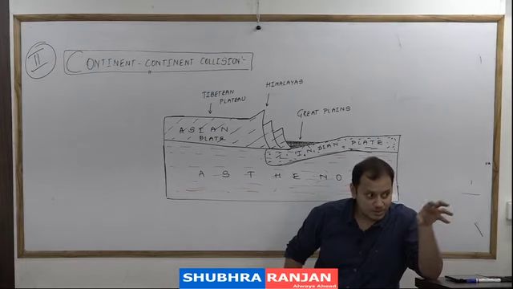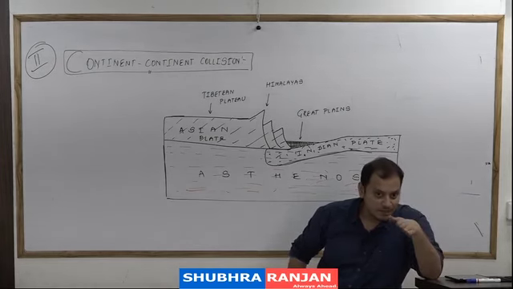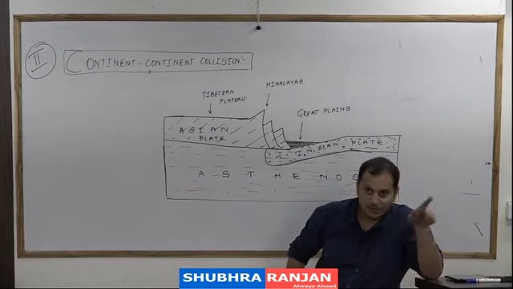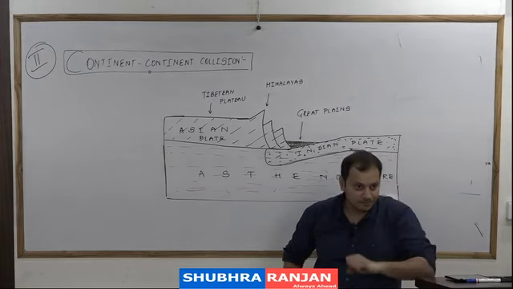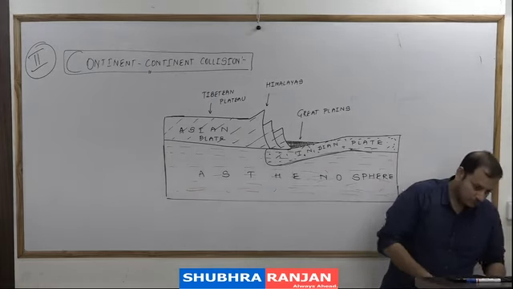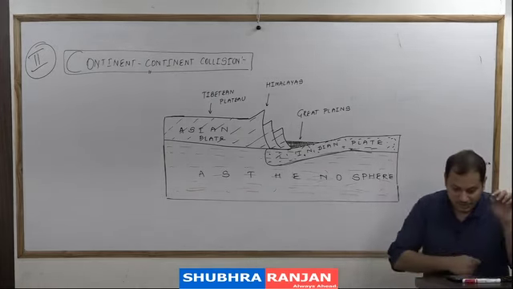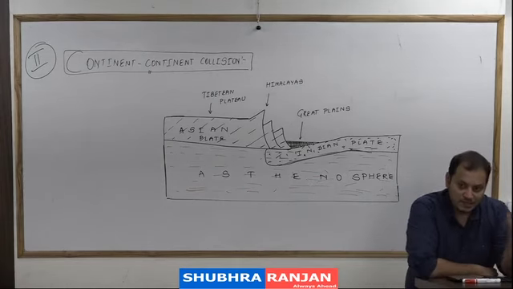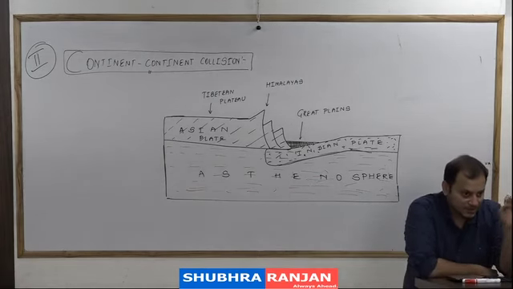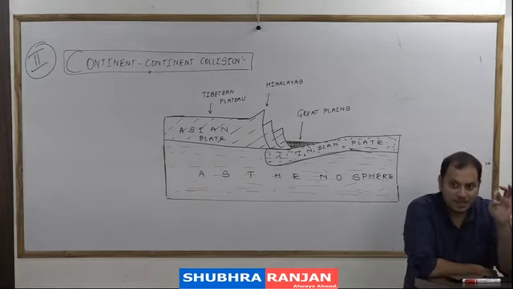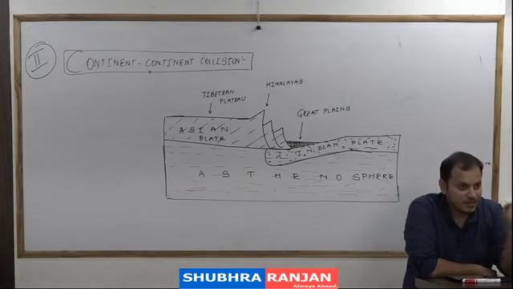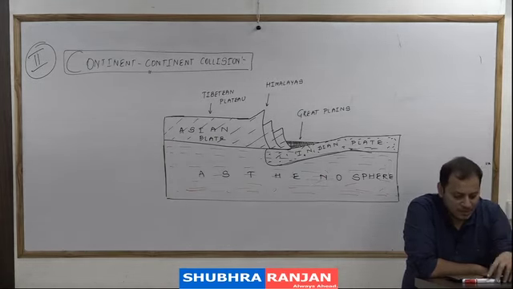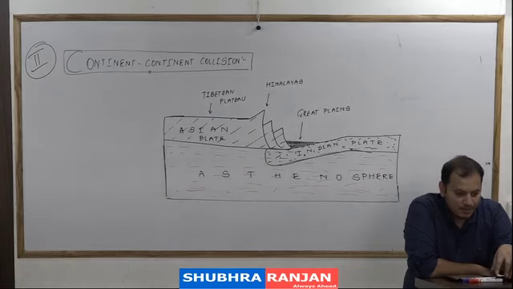That is, Shipkila Pass is in one region through which we enter the Tibetan Plateau and then go to the Mansarovar wala region. So, iska security implication bhi hai that cross-border terrorism in India is comparatively easier. Why? Because northern side is gentle as compared to the southern side. ठीक है?